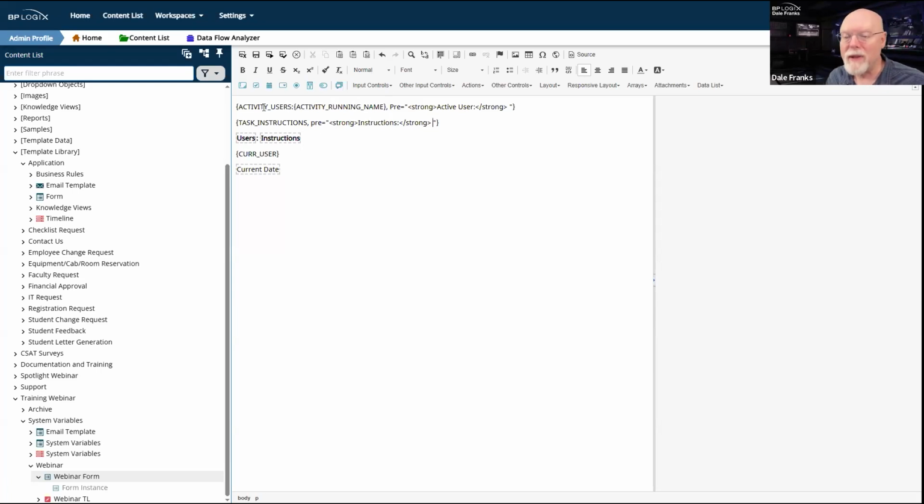So now for these two system variables, my activity users, actually, let's just get rid of activity users. Let's just go with activity running name. That's the important one. Let me get rid of this second curly bracket there. So we'll just go with activity running name, and right here, we'll just change this to running activity.